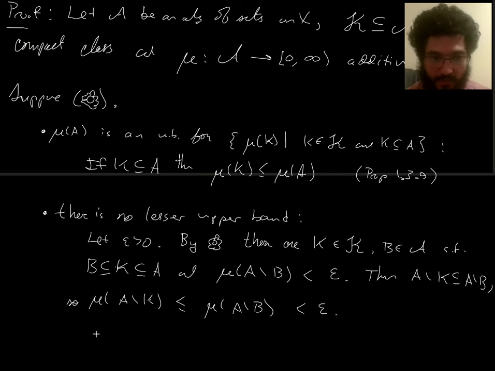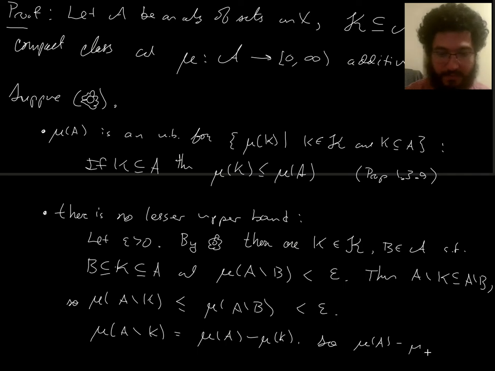And mu of A minus K, for an additive function, you've seen this a million times, is the same as mu of A minus mu of K, right? So mu of A minus mu of K is less than epsilon, and if you just rewrite that, that says, well,